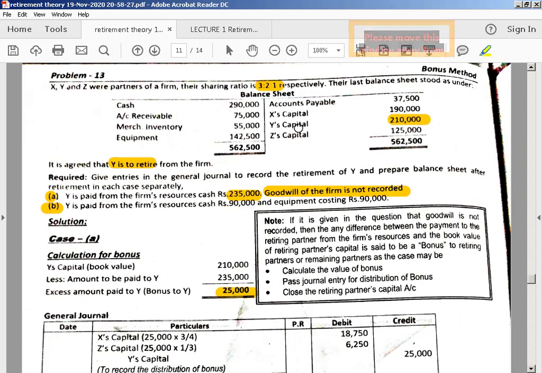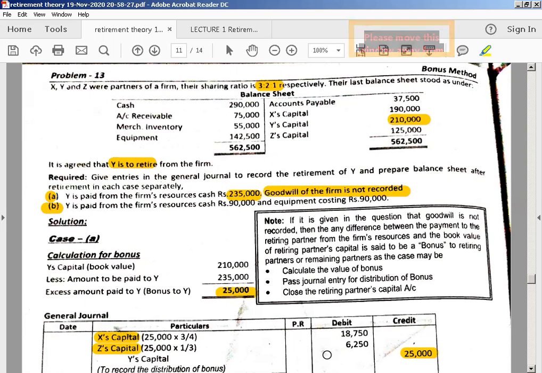को। रिटायरिंग पार्टनर Y है, एग्जिस्टिंग पार्टनर X और Z हैं। तो डेफिनेटली जब X और Z अपने कैपिटल में से कुछ पैसे मिस्टर Y को देंगे तो उनका कैपिटल डेबिट होगा। एग्जिस्टिंग पार्टनर्स X और Z अपने कैपिटल्स में से मिस्टर Y को बोनस देंगे। नाउ 25,000 टोटल बोनस है जो मिस्टर Y अपने साथ लेके जा रहे हैं। अब X कितनी अमाउंट दे रहा है और Z कितनी अमाउंट दे रहा है,